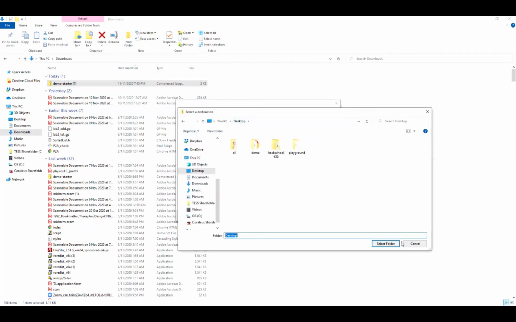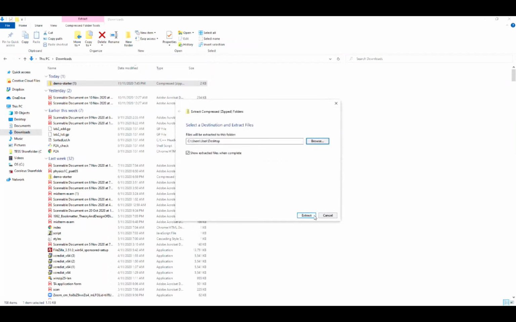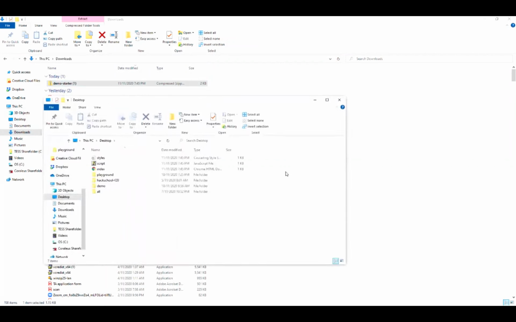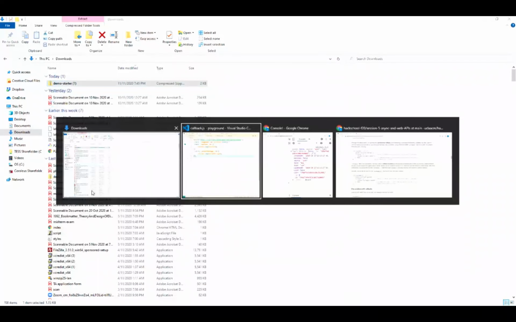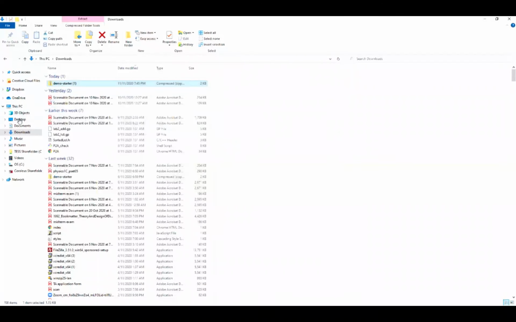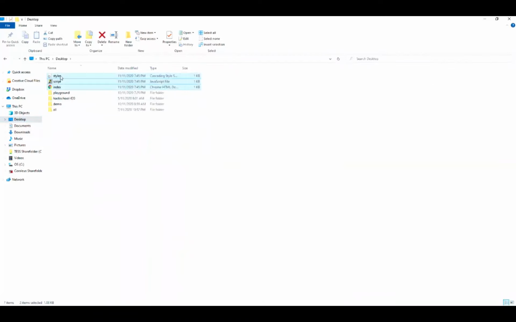Yes, this worked. If you see my desktop now, we have 3 files. This is part of our demo. I'm going to create another folder called demo Hackschool S5, and put these 3 files into my folder.